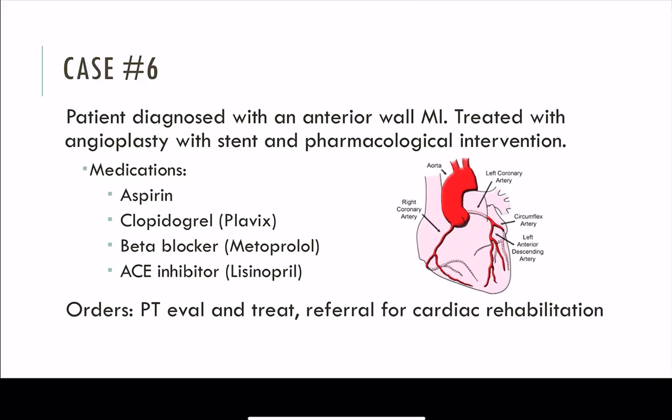Substernal chest pain. One of the big things that was possible was just unstable angina, right? That is when you have a critical insufficient amount of blood supply where there is a mismatch between supply and demand, causing ischemic pain, but not so much to have any cell death. So the test that was done that truly separated out the myocardial infarction from the unstable angina was the troponins. Because with unstable angina, there would be no cell death, and you would not have expected any of the troponins in the blood. So he was treated with the angioplasty and stent, as we just mentioned, and he was given